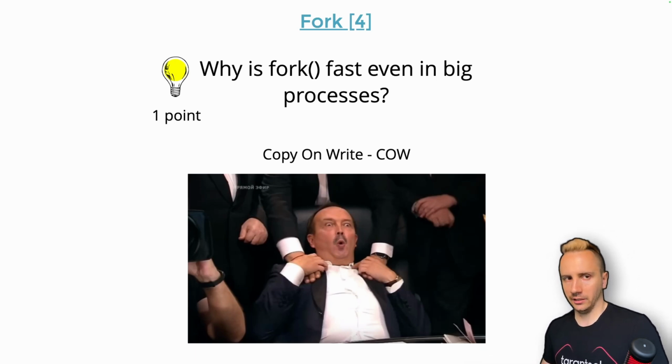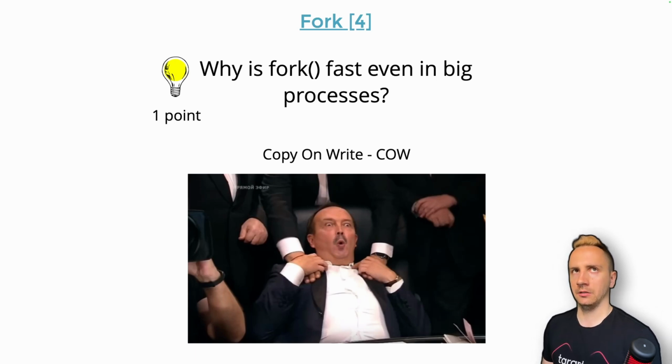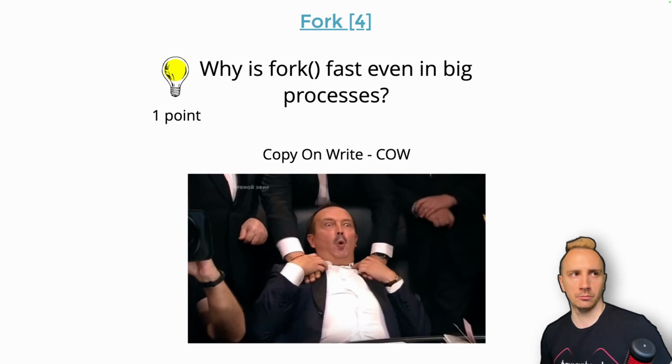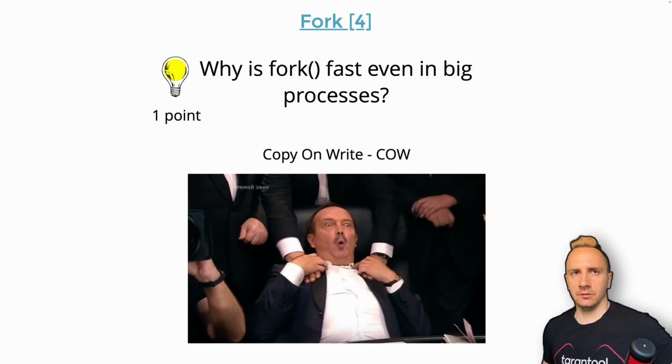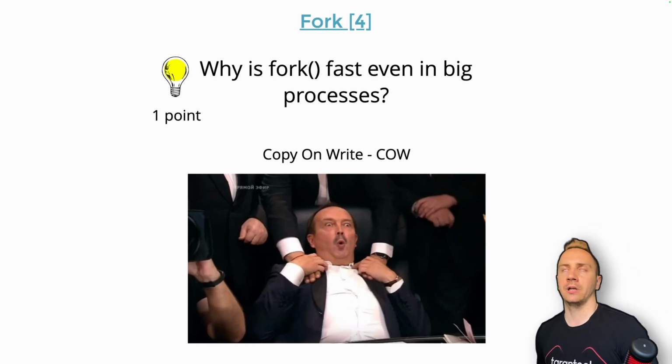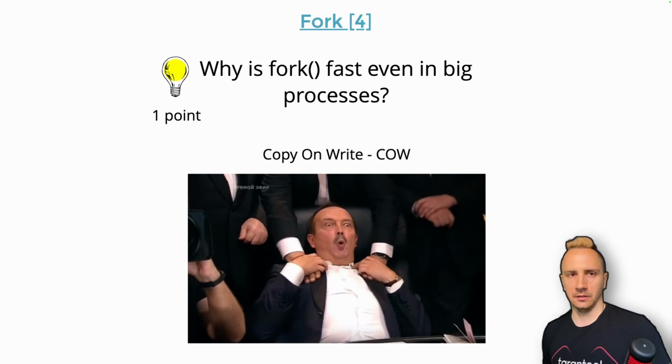And not for the entire memory, by the way. The memory of your process is split into, we will talk about it a bit more in the next lecture, but the idea is memory is split into pages of limited size in the main memory. And the kernel will mark each page physically in main memory with a special flag. So when the main memory device receives writes from the CPU, it will reject those writes and send an interrupt to the processor. And the processor will see that there was an attempt to write into a page which has